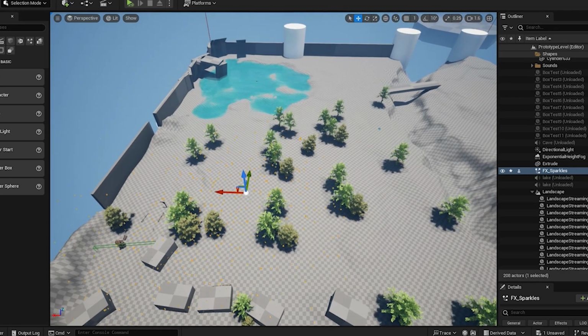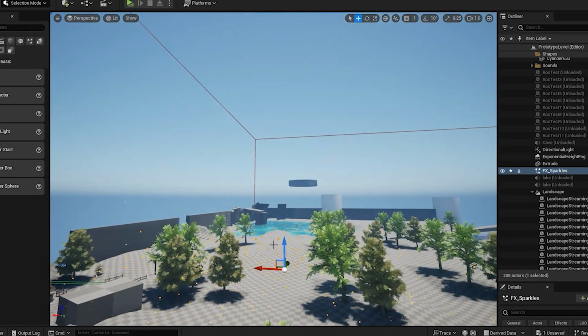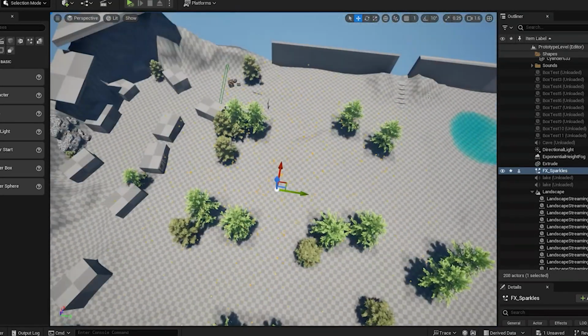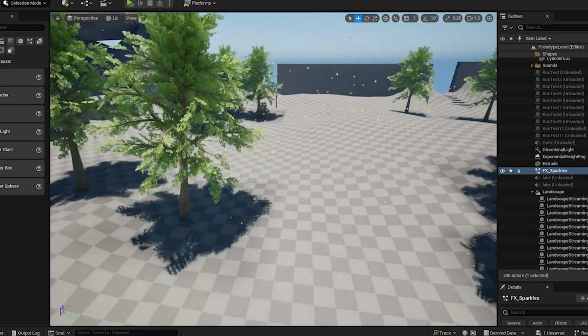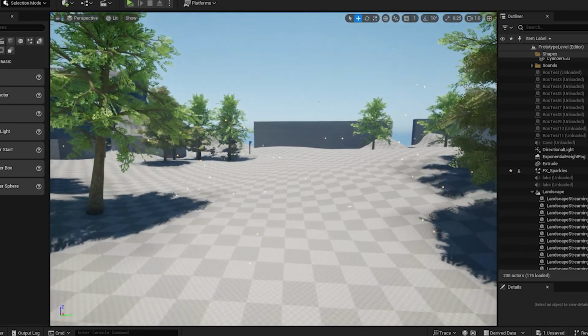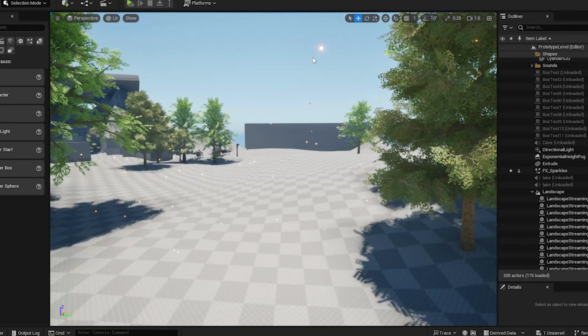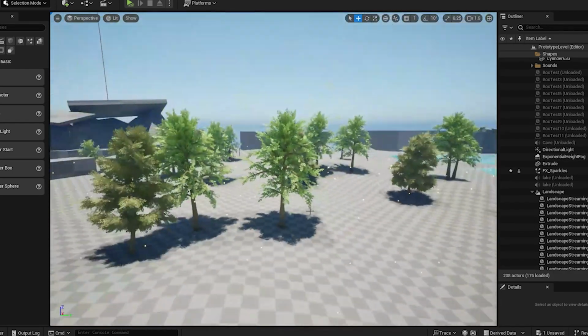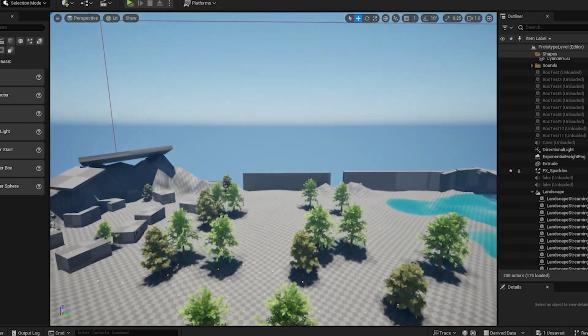So I'm trying to move it more toward the center of my level, and that way my XYZ dimensions are all equally around that center point, if that makes sense. So now you can see the way those glitters and sparkles look among the trees. There's going to be a lot more trees here eventually. There's going to be a lot more density because I do want this to be a little forest in the